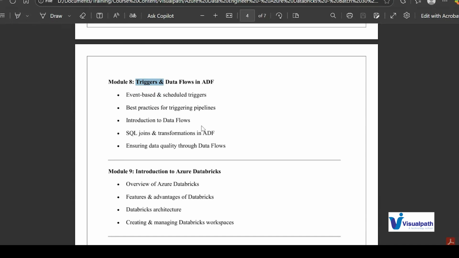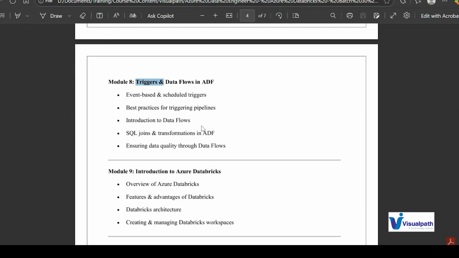Now when you are pulling the data from the source, ADF plays the major role. Okay, that's why we are required to know the ADF part. So ADF plays the important role in the extraction of the data.